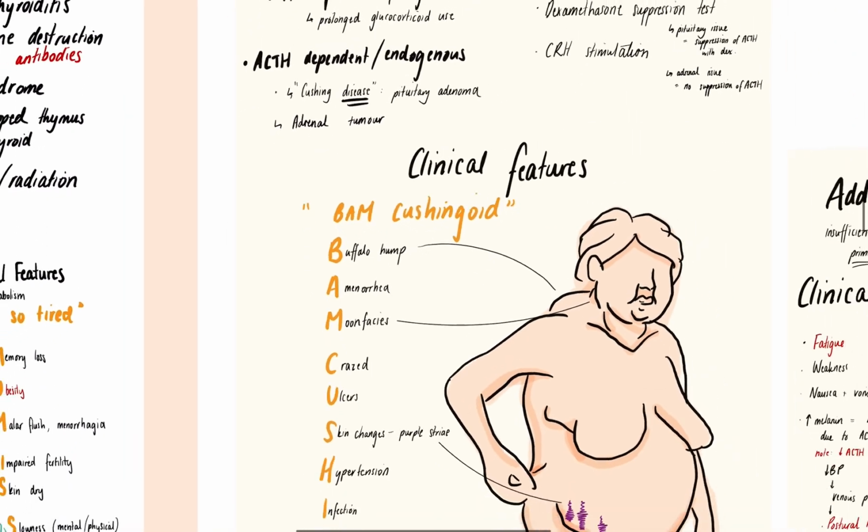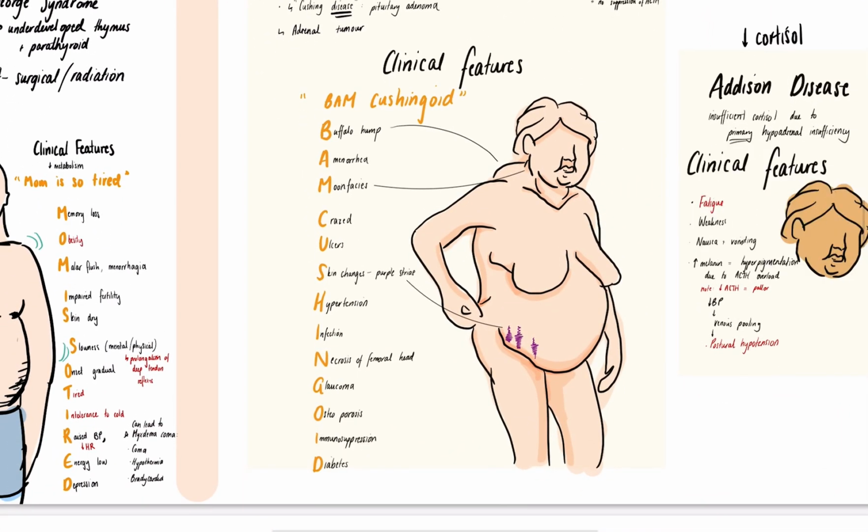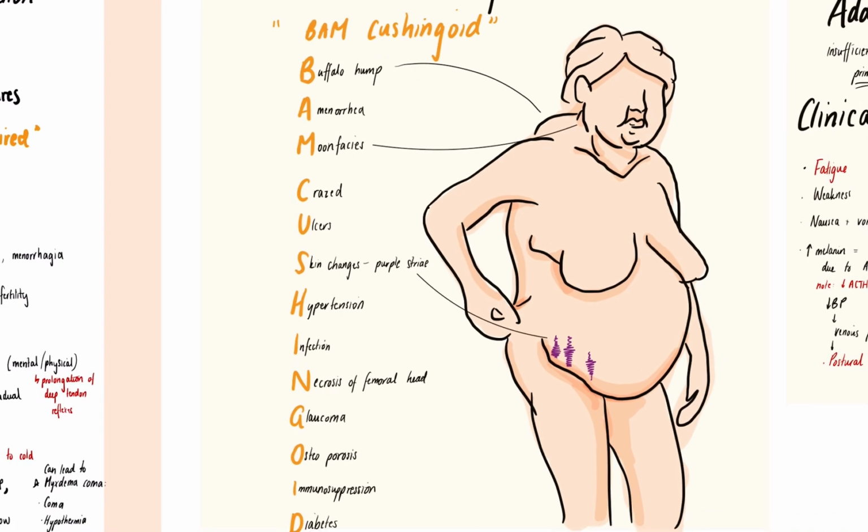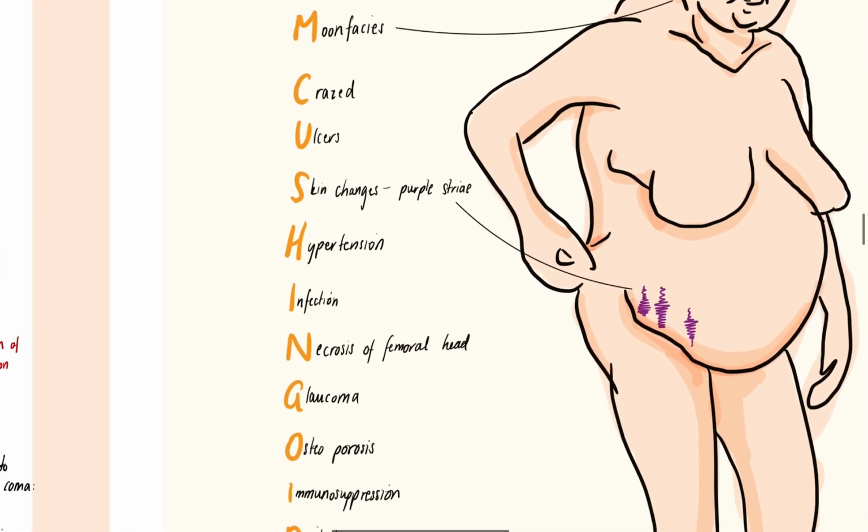Now, the clinical features of Cushing syndrome can be summarized using the acronym BAM Cushingoid. So this is the buffalo hump, which is the redistribution of fat onto the back of the neck. Amenorrhea, moon facies, again due to fat redistribution. A person might appear crazed, they might develop ulcers, they'll develop these purple striae on their abdomen, and they'll also have hypertension,